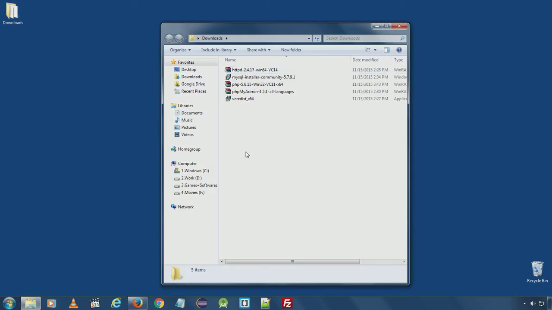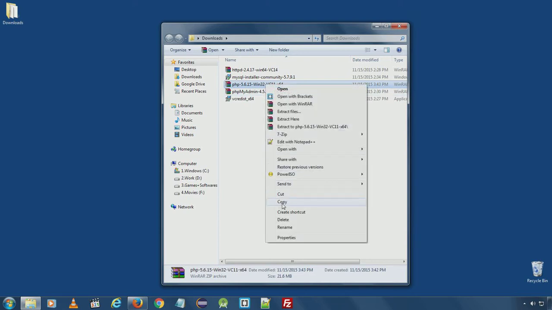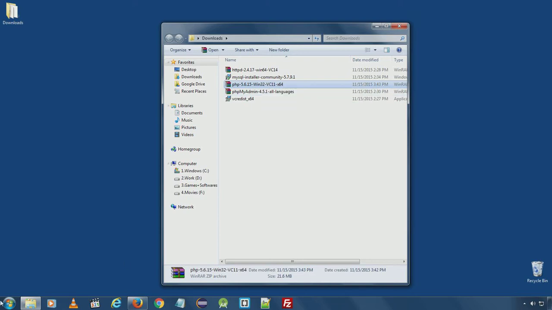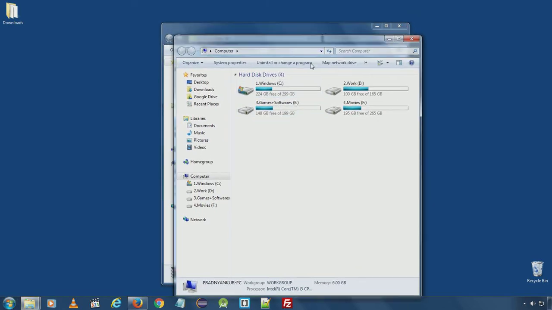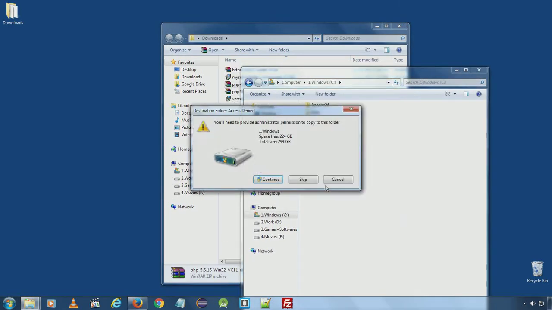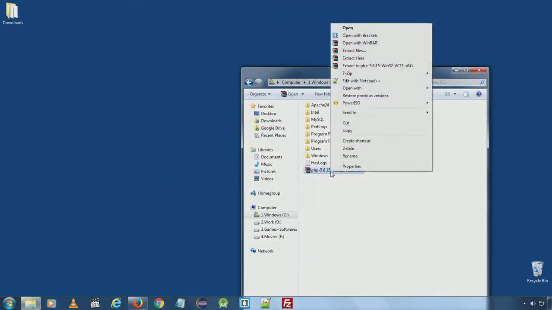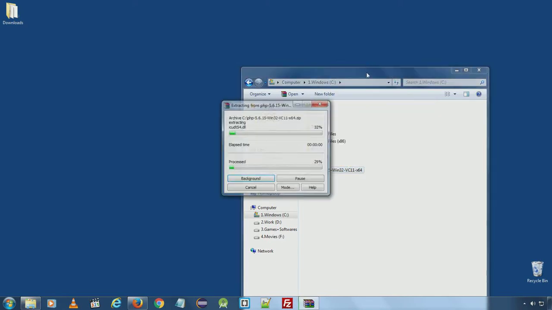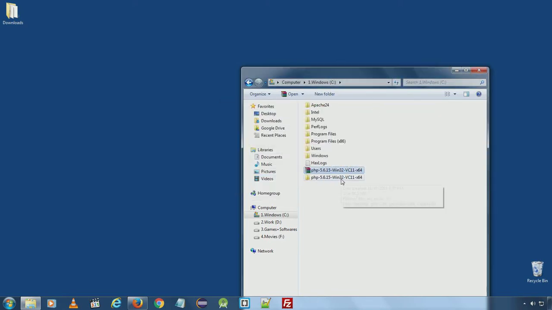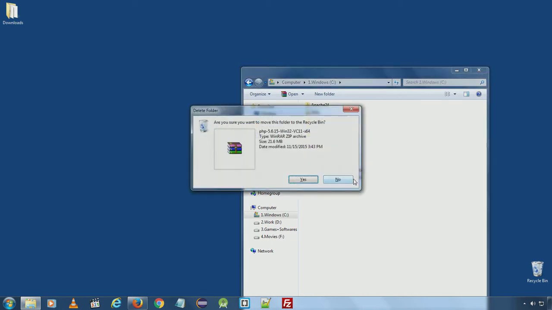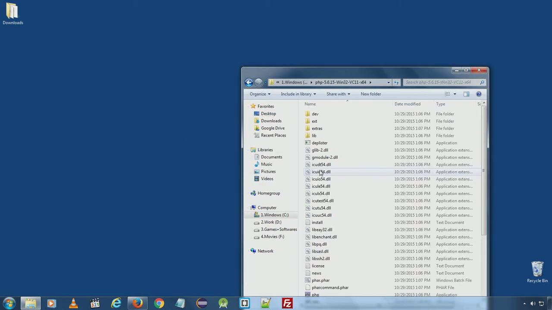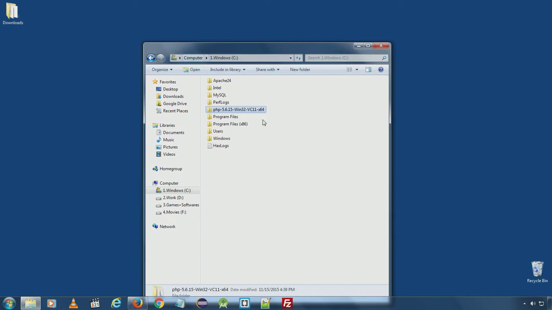Now I will go to downloads folder and copy the PHP zip file to my C drive. I will extract the files, delete the zip file and rename the folder to PHP.